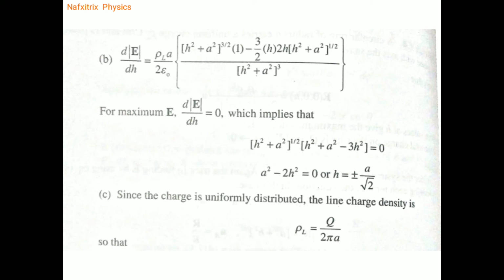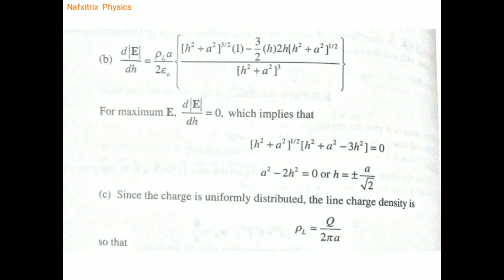So here we need to just take the square root of h square plus a square out. From here, what would remain is the 2 would get cancelled, minus 3h square, and the square root of h square plus a square here also. H square plus a square would be remaining here. If we take the common factor, h square plus a square would be remaining. So that is h square plus a square,